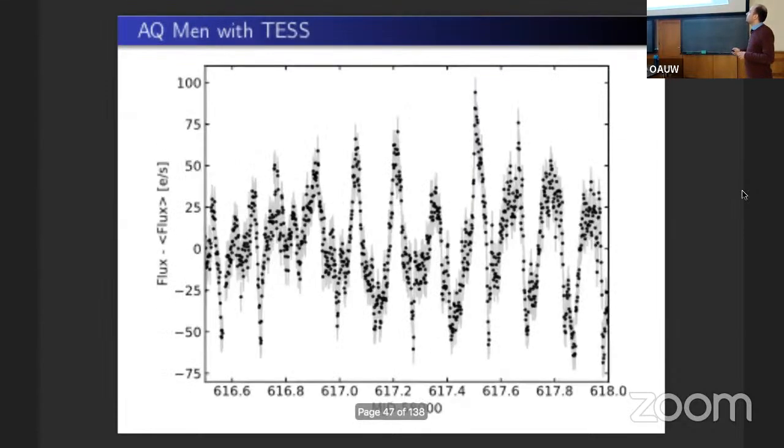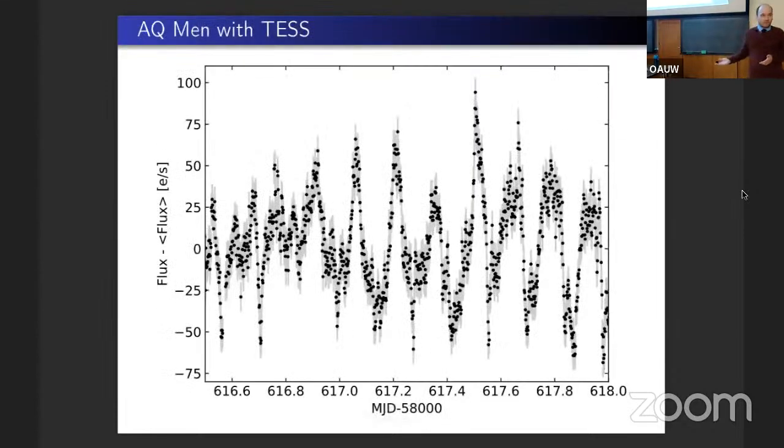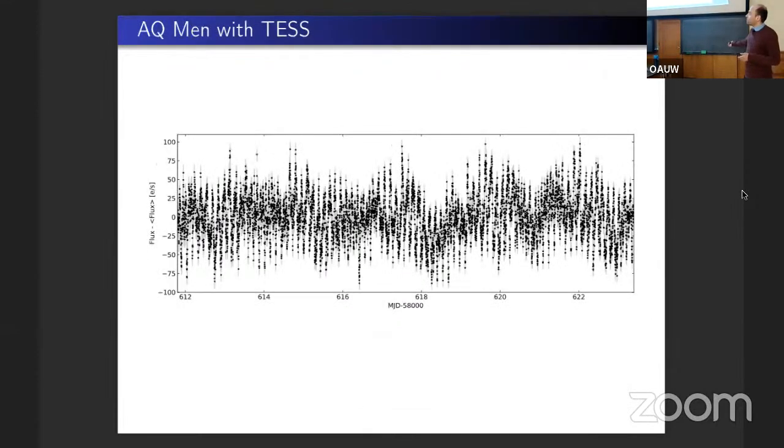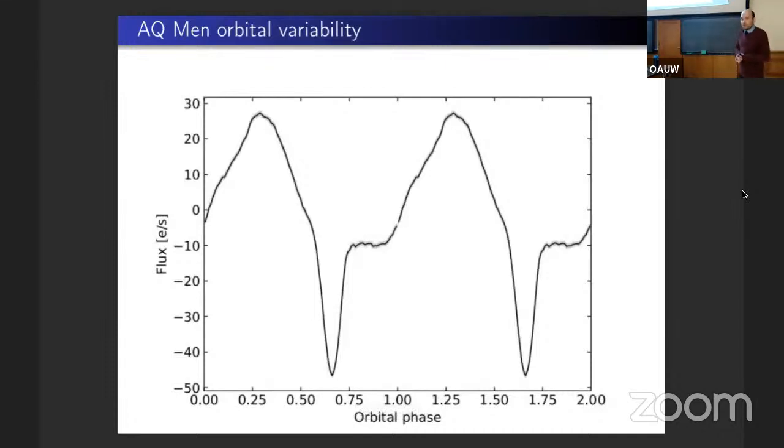But when we zoom out, we can see we cover many orbital phases, and if you zoom out even more, we can see that we cover huge amounts of orbital phases. So we can make a phase plot of orbital variability and calculate the mean orbital variability seen here in a black line. And around the black line is a gray area that you maybe are not seeing because it's so small. So the error of our mean orbital variability is tiny. So we can study everything in great detail and look at everything very sharply.